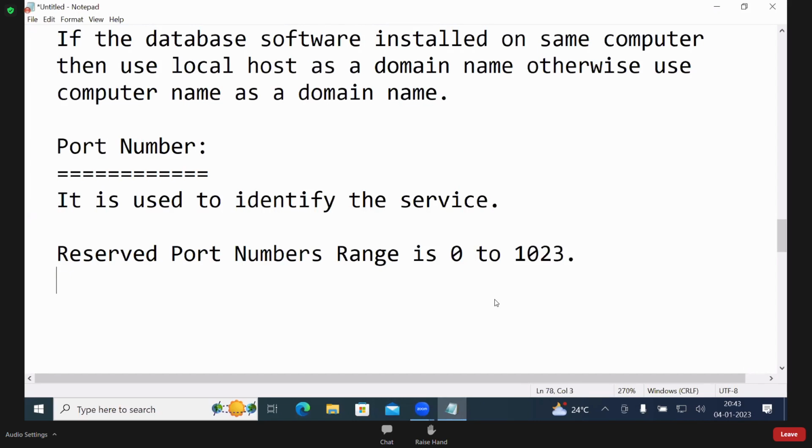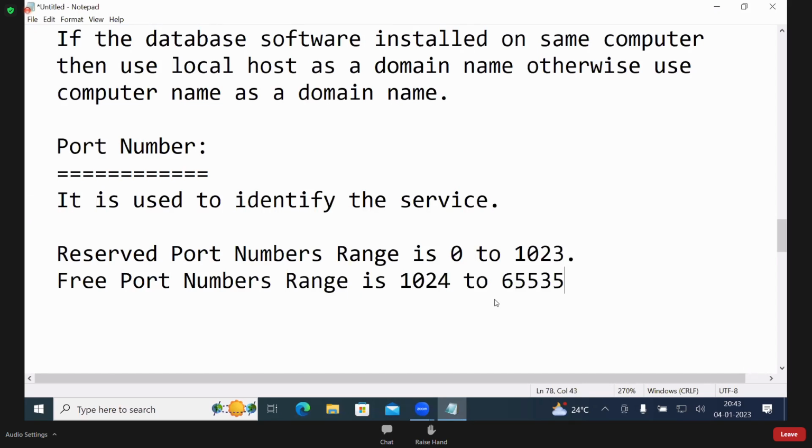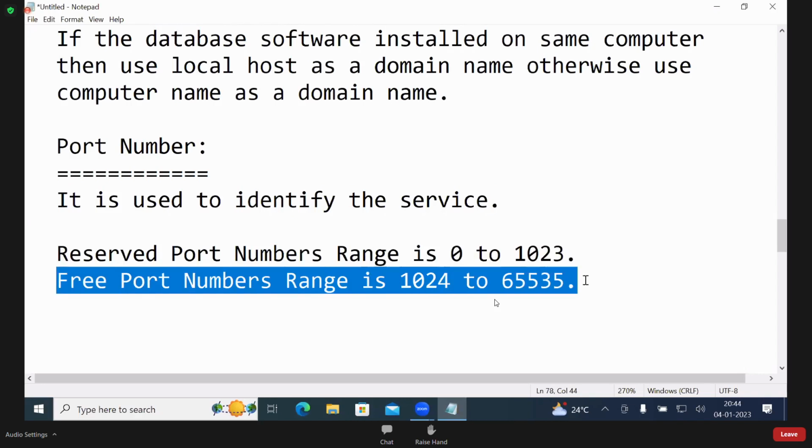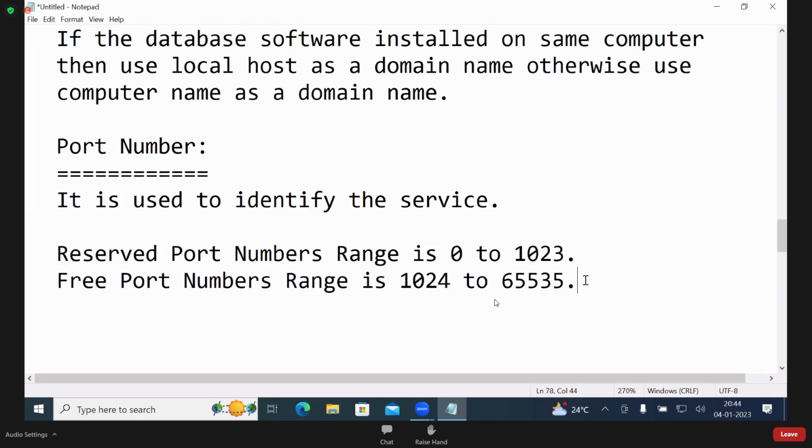The free port numbers range is 1024 to 65,535. In core Java network programming, there is one topic where you learn port numbers in depth. It is used to identify the service. Reserved port numbers range is 0 to 1023. Free port numbers range is 1024 to 65,535.